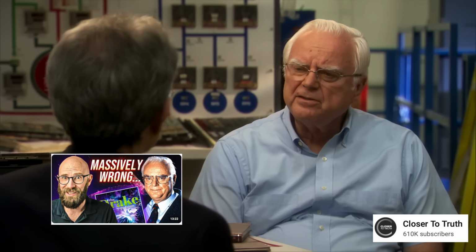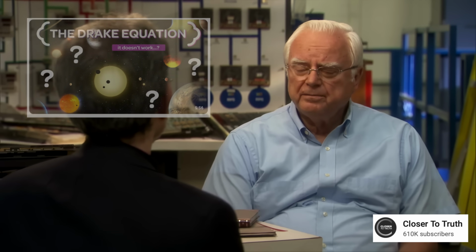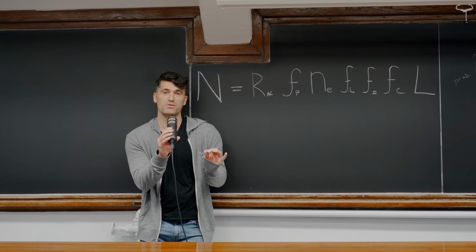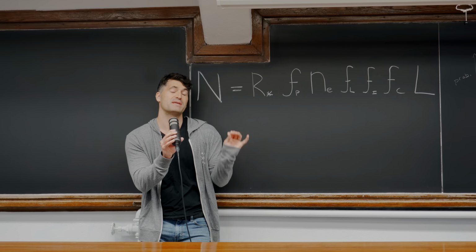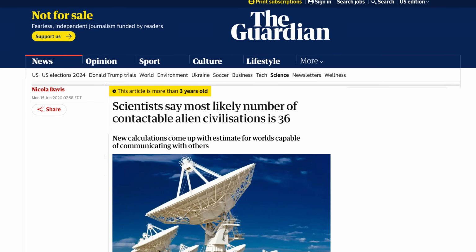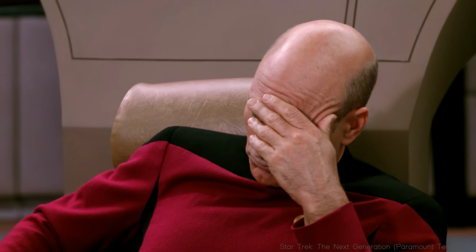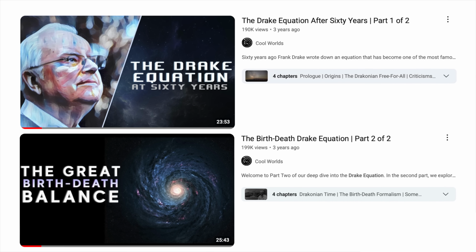But I think it's become popular to dunk on the Drake equation without actually paying attention to what Drake said. The real reason why the Drake equation's reputation has been dragged through the dirt is because it is an equation which has been misused and frankly even abused. You're not supposed to guess random values, plug them in, and then write a new paper proclaiming that there are 42 civilizations in the galaxy. It's too long of a topic to get into today, but fortunately I have made a double-parter video all about this up here. So if we can accept for the moment that in principle a Drake-like equation should be possible,